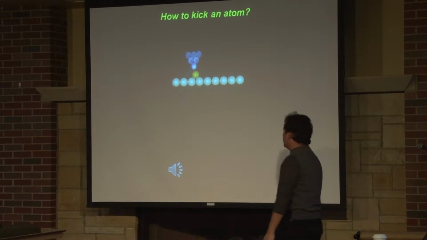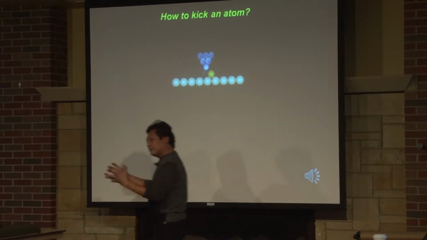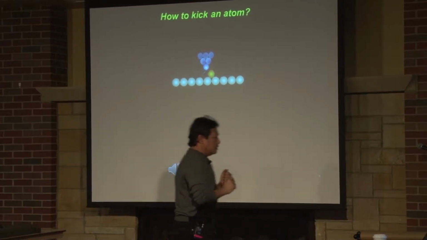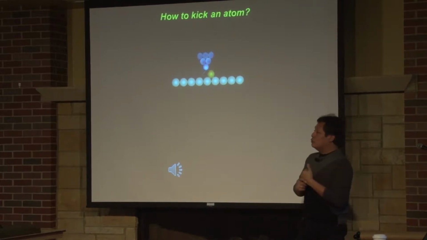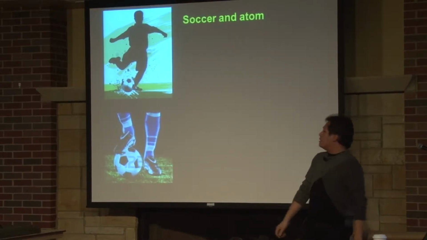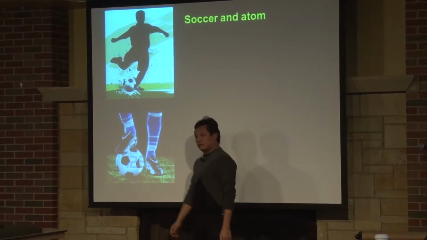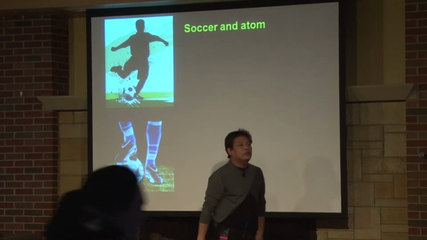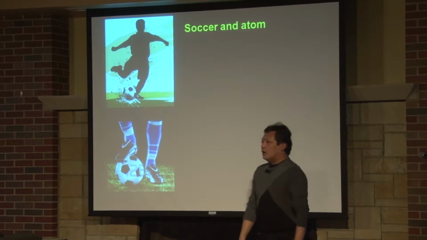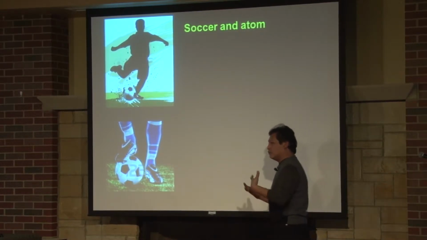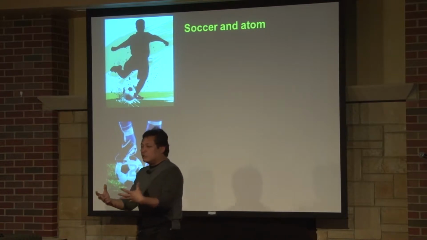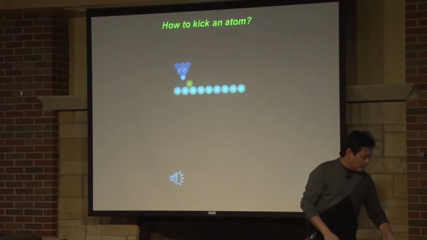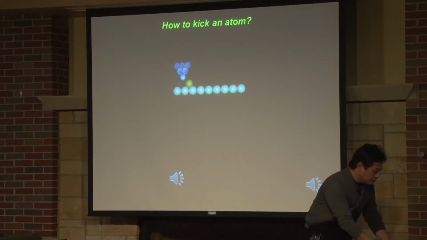Now, I have already mentioned how to see the atoms. Now we can see the atoms. How do we play soccer with the atoms? In order to play soccer, of course, you need to have a few things. If you want to play soccer, you have to control the ball, right? You have to be able to stop the soccer ball. You have to be able to kick the ball to the place that you want it to go. What I'm going to show you today is, of course, playing soccer without an opposing team. So it's like I'm playing alone by myself, but we can play. The way we do it, again, I will show you here with this little movie.